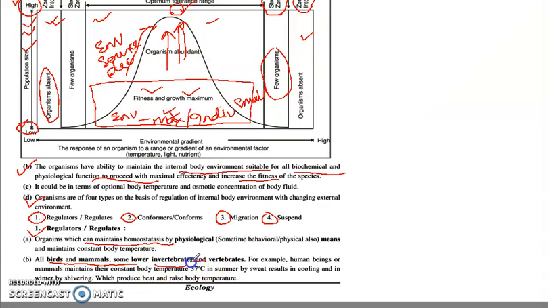So we maintain a constant body temperature, that is 37 degrees centigrade. Whatever may be the temperature in the outside surroundings, our body will always maintain a constant temperature of 37 degrees centigrade. For this we call them what? The regulator. For example,